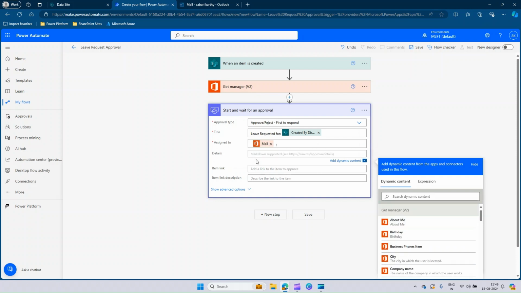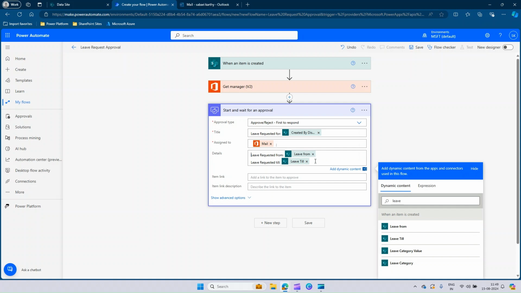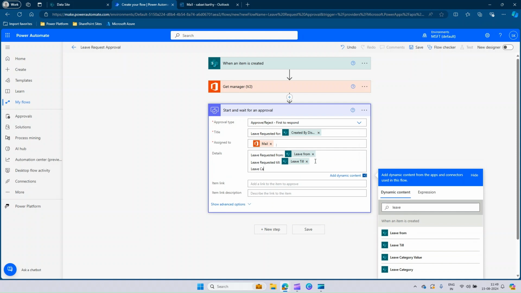Here you will be able to show the information that you're intended to show the approver and the template. So we can pass in the leave requested from, requested till, and the category. First we can say leave requested from, pass in the dynamic content. So just type in leave and you can say leave from, enter. You can say leave requested till and you can pass in the leave till. Similarly, do an enter and type leave category, and you can pass in the category value. We are passing in the value, the reason being this column is a choice column in